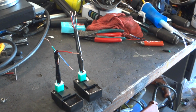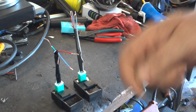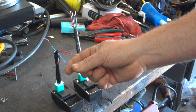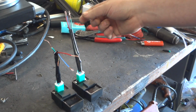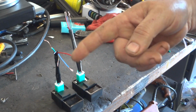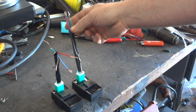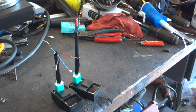a 4-cylinder and it's got cylinders 1 and 4 and 2 and 3 that fire separately. You've got a pulse generator for 1 and 4 and a pulse generator for 2 and 3. So you're going to have 1 and 4 pulse generator go to this one, and the 2 and 3 go to the other one, and then just like that, this wire here, the black with the yellow stripe, that's supposed to be going to your coil, so that's going to go to coils 1 and 4, and then this other one is going to go to the coil that feeds 2 and 3. And that's basically,